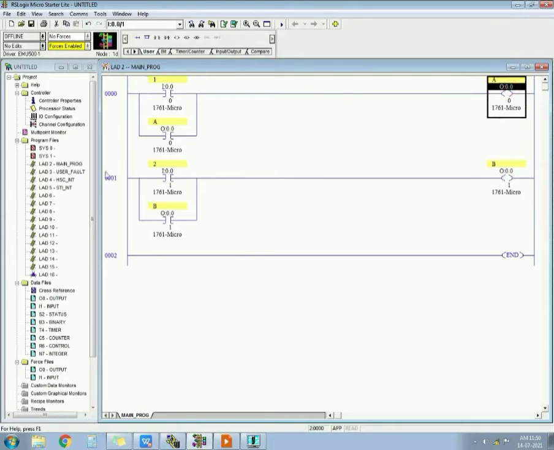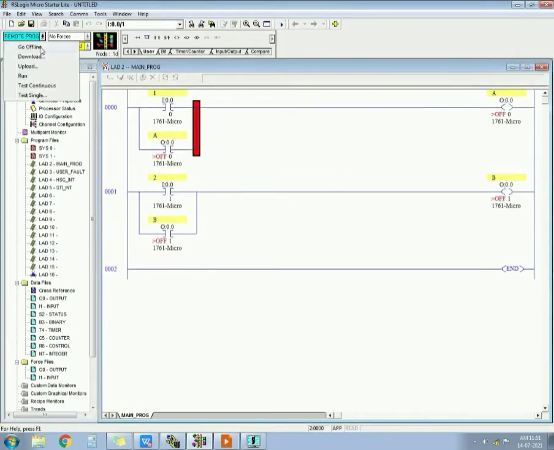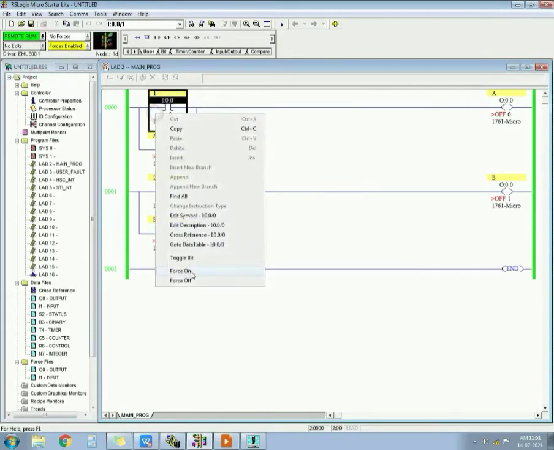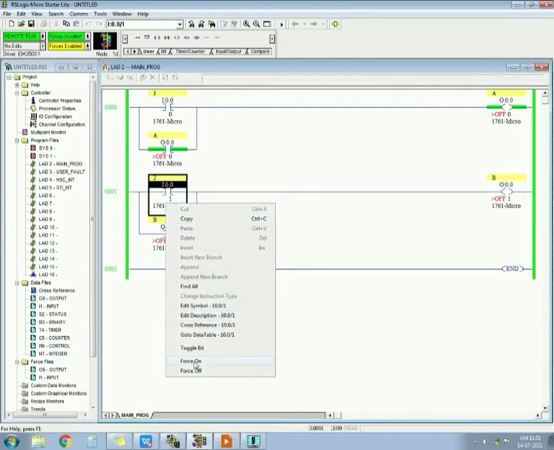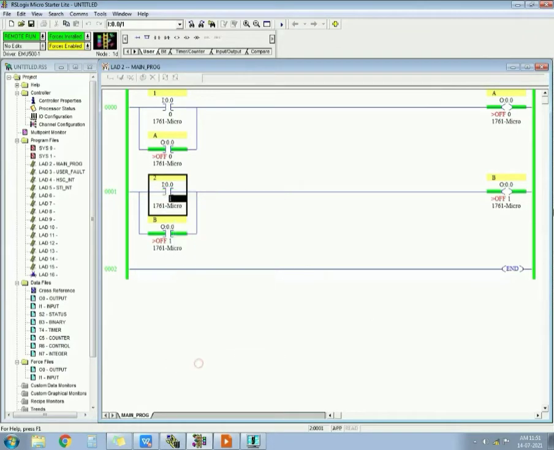So how can I break this circuit? See, I will explain. When the first push button is pressed, force on, force off, output A gets on. When the second push button is pressed, output B gets on, but output A should get off. So you take the NC of this push button in series with this input, here. Whenever you press this, that button will break the circuit of output A and output A will get off. Let's see how.